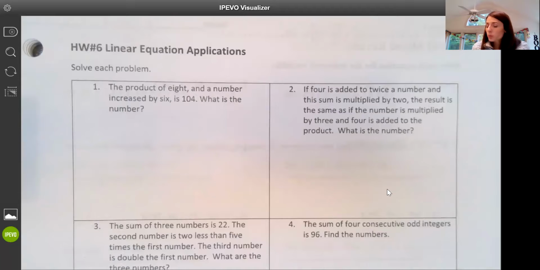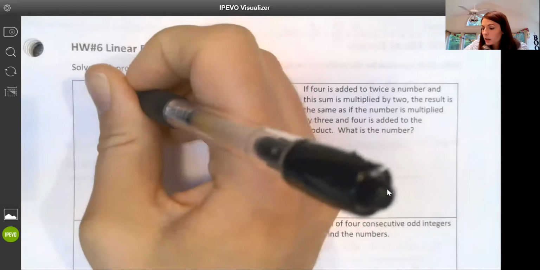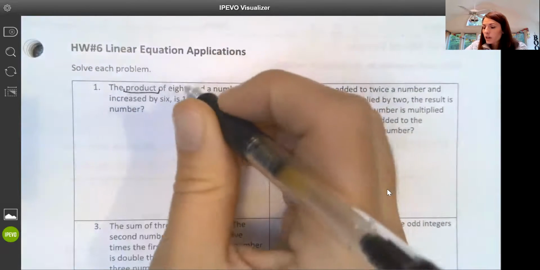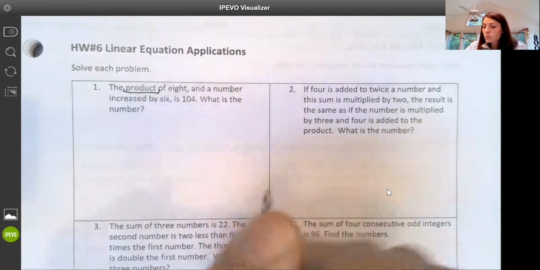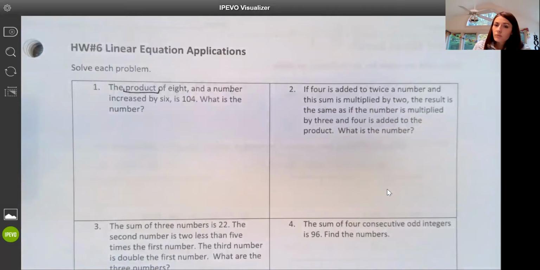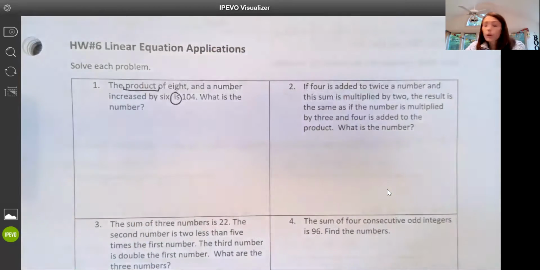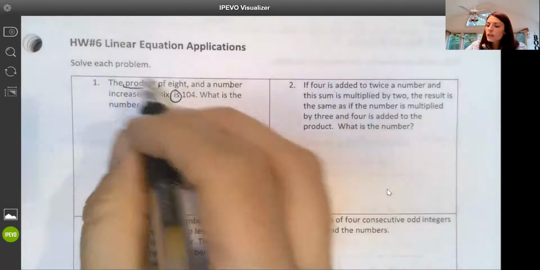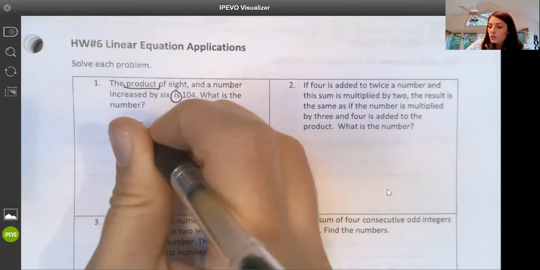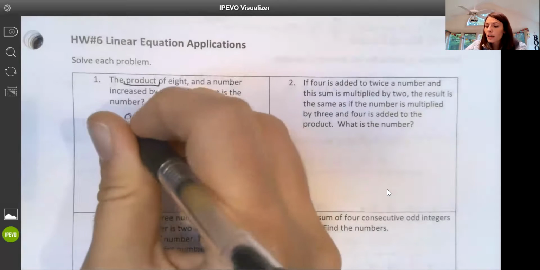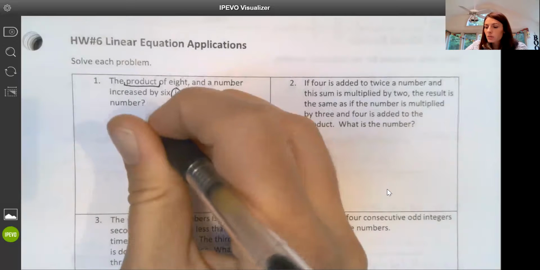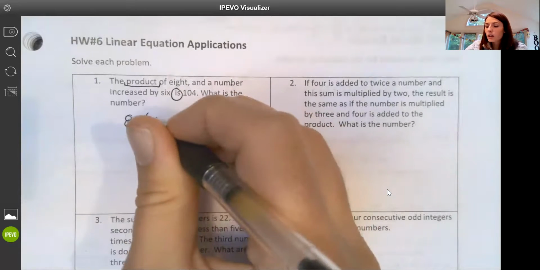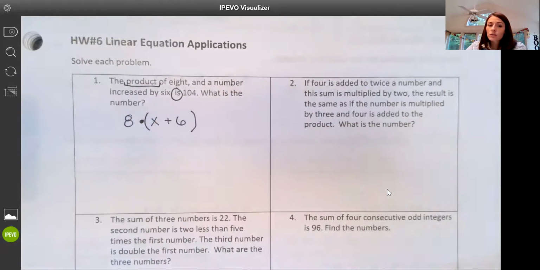So on number 1, it says the product. So product is our special word for multiplication of 8 and a number, 8 and a number increased by 6. So that's important. So it's the product of 8 and a number increased by 6 is, and there's our equal sign, 104. What is the number? So the way that this first part translates is we know we have multiplication between 8 and a number increased by 6. So that means I'm going to have parentheses here, and I'll have a number increased by 6, or x plus 6